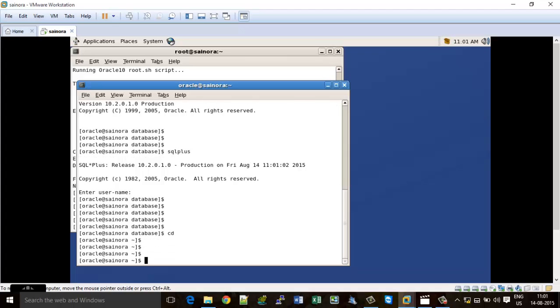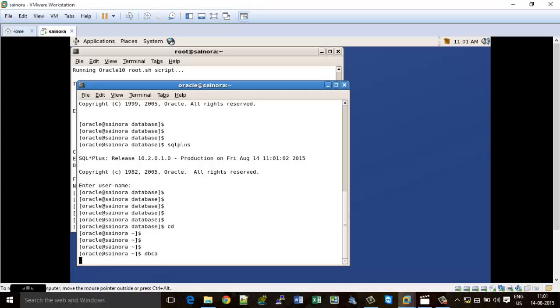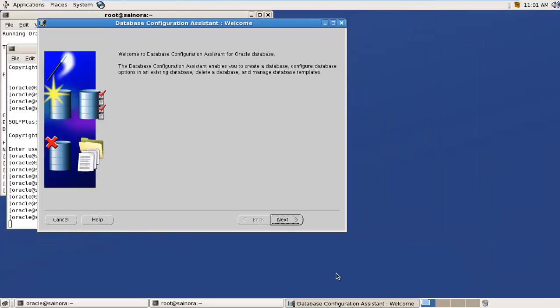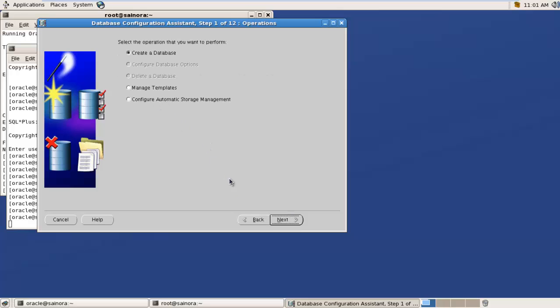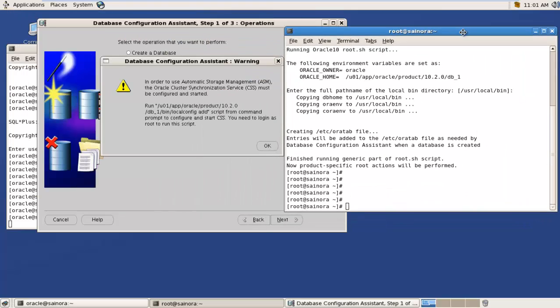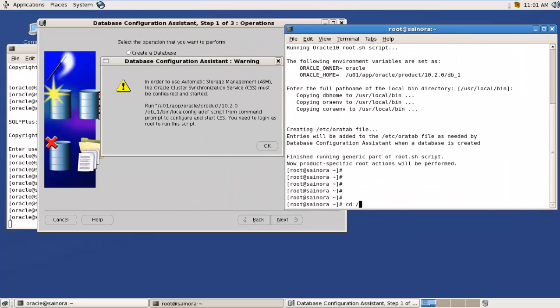Now I'm going to perform a DBCA. Next. Here, as I told you already, the storage will be ASM. So first I need to configure ASM management. Click on Next. When you install ASM, it will give an error because you need to add the service. So go to the root, and cd slash